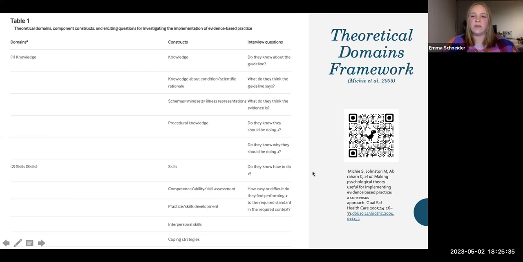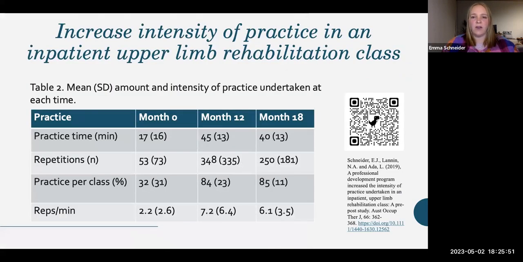So these are just some examples again from this Mishi article that you might find helpful in thinking about how you might address particular domains or barriers in delivering this change of behaviour. Remember when we're talking about staff behaviours. Once we targeted staff behaviour, staff knowledge, staff skill, and the environmental context, we can now see the overall amount of practice that was delivered at month 0. At baseline, even though the group was 60 minutes, on average people only practiced for 17 minutes, which is quite shocking, really, isn't it?